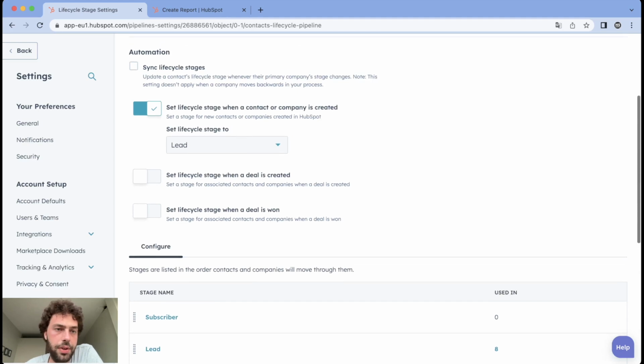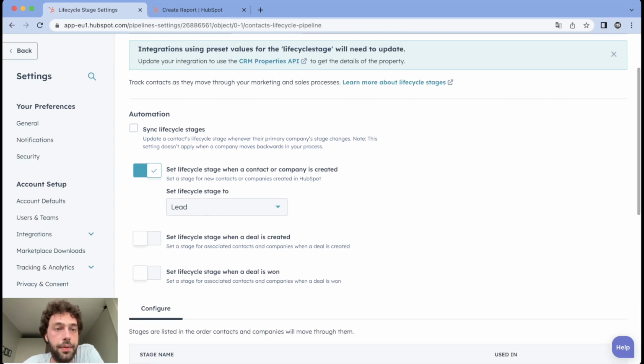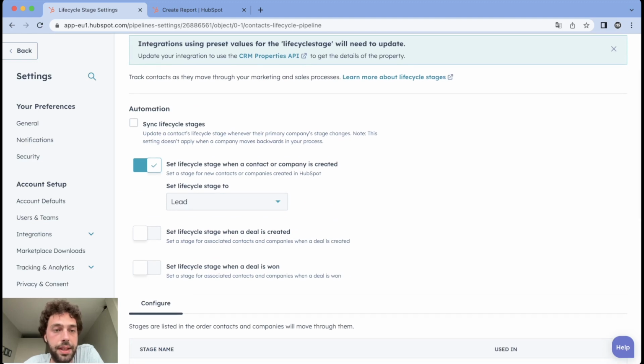So when you look at this page in HubSpot, you will see that they propose you 3 kinds of automation. Set lifecycle stage when a contact or company is created to become lead, when a deal is created, and when a deal is won. So in our example, it doesn't match exactly what we want to do,